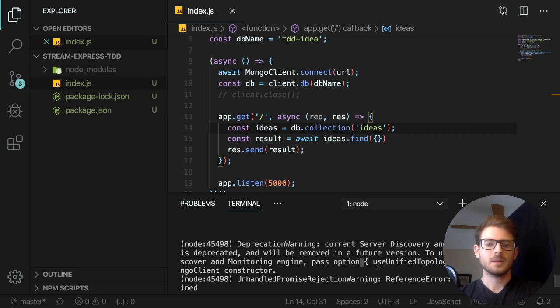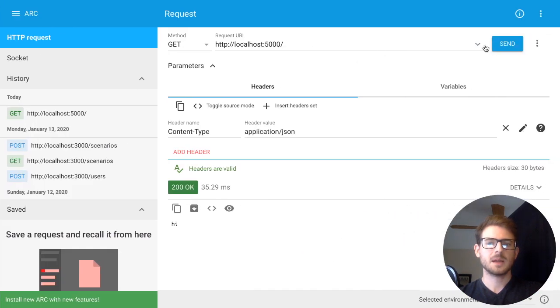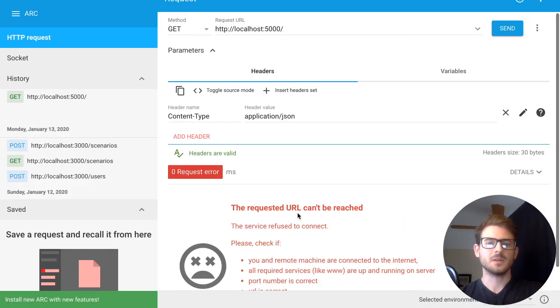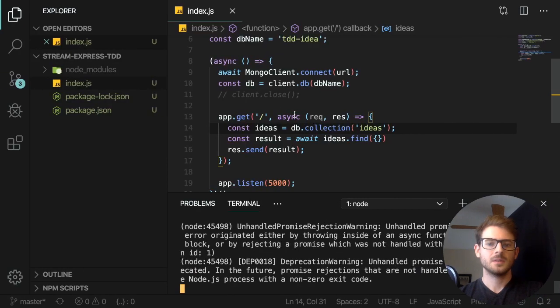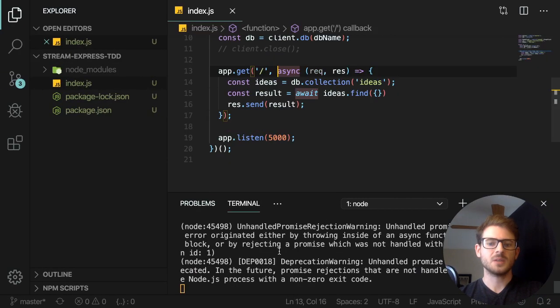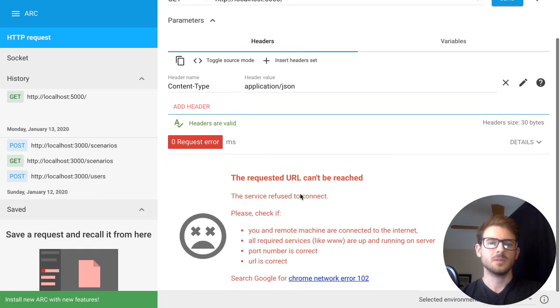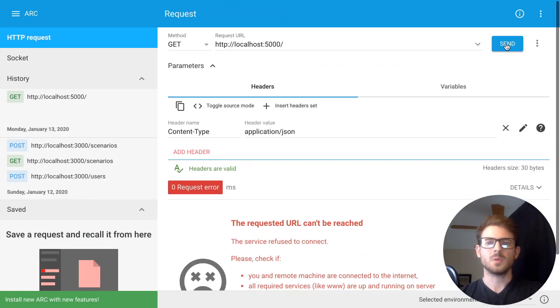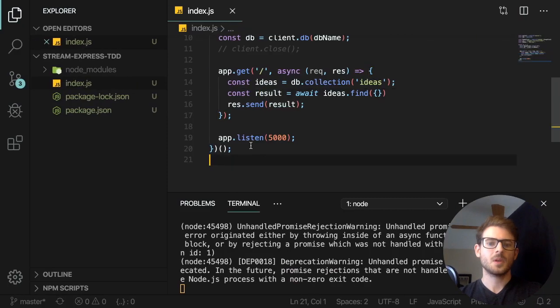Let's see. I could add this in a bit. So let me see what happens if I call this endpoint again. Do we get an error? So, GET request on slash, and what happens? The URL cannot be requested. Oh, let's see. Well,